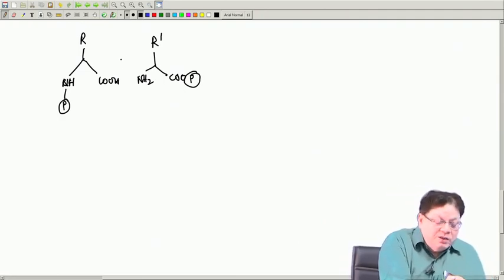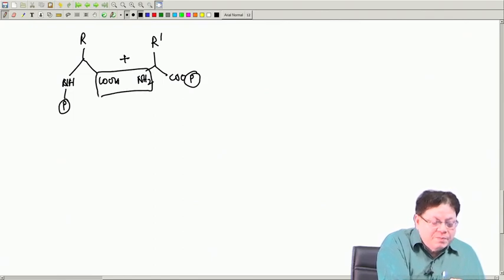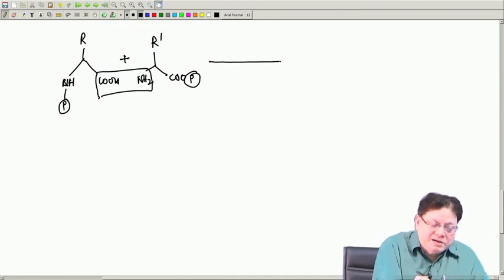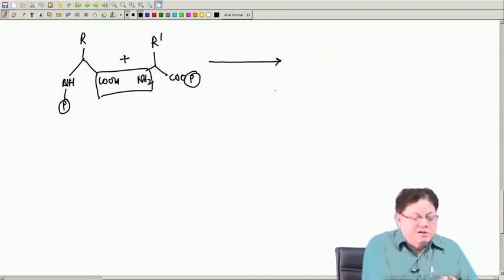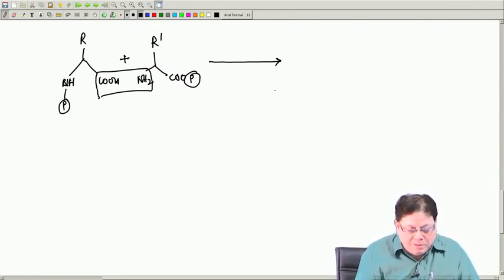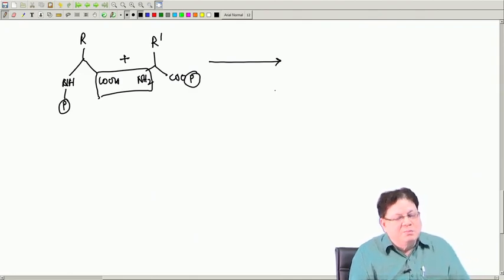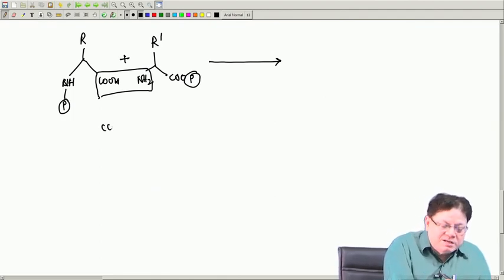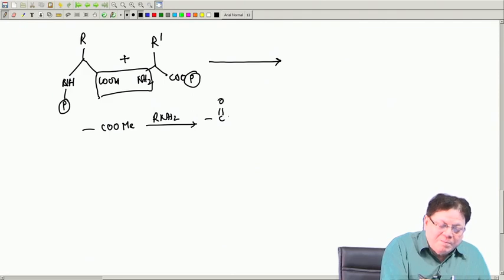Let us talk about what are the conditions that should be used to have this coupling, that means removal of water. Okay. Last time I said that generally amides, because what you are making is nothing but an amide, because these are involving amino acids, we call it peptide, but these are amides. Amides are usually made from acid chloride, okay, or they can be made from esters, that is also possible, a methyl ester, and you reflux with a free amine. So, that will definitely go to an amide,